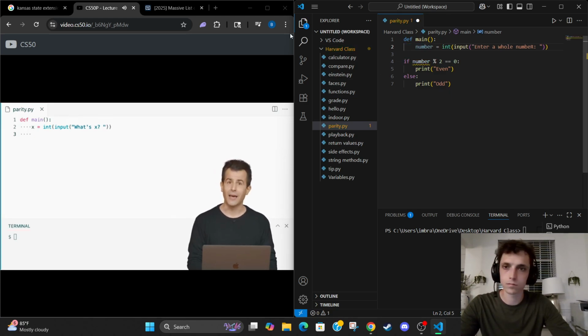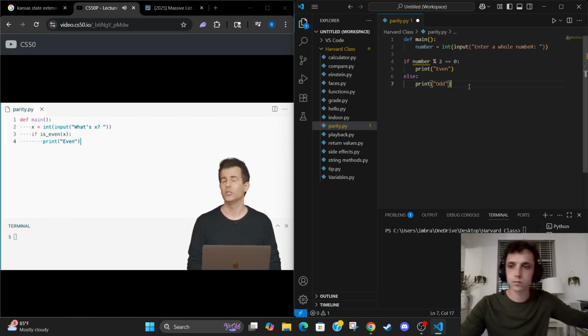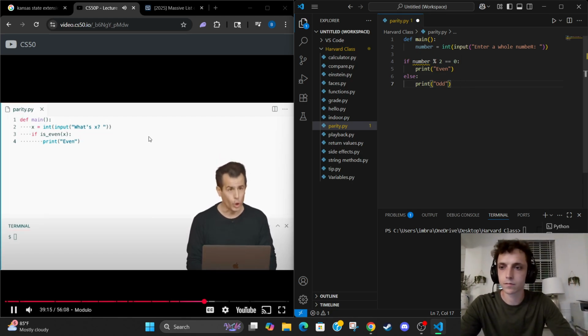Even if I have no idea yet where I'm going with this, how I'm going to invent a function that determines if a number is even, I'm just going to assume that there's a function called isEven. And I'm going to call it blindly like this. If isEven, passing in x, then go ahead and print quote unquote even. So if this magical function called isEven returns true,